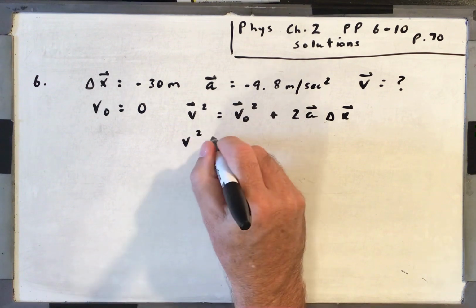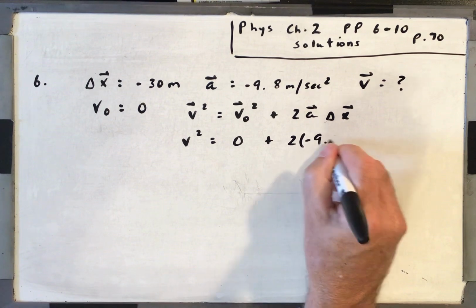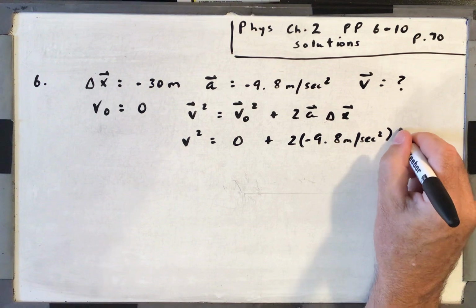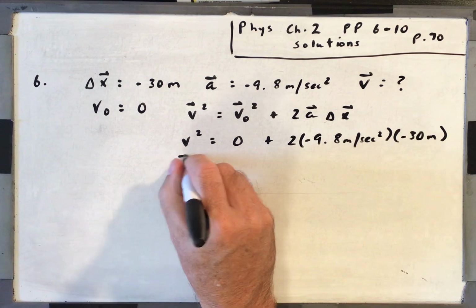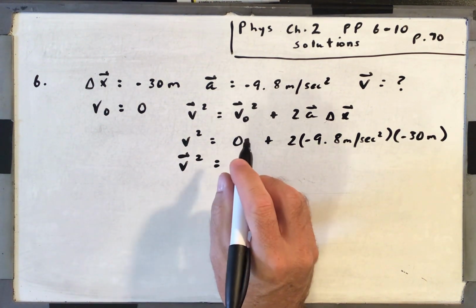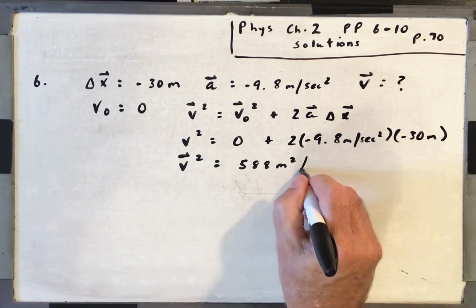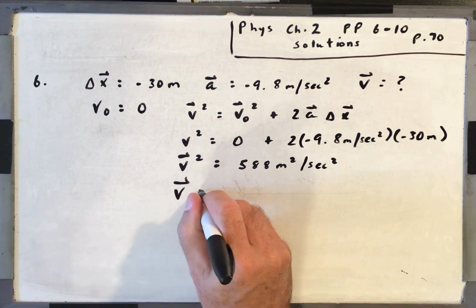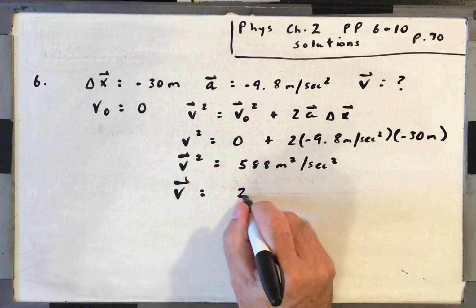So final velocity squared is equal to 0 plus 2 times negative 9.8 meters per second squared times negative 30 meters. Let's put that in your calculator. Velocity squared is equal to 588 meters squared per second squared. Let's take the square root of that. And that would be 24.25 meters per second. However,